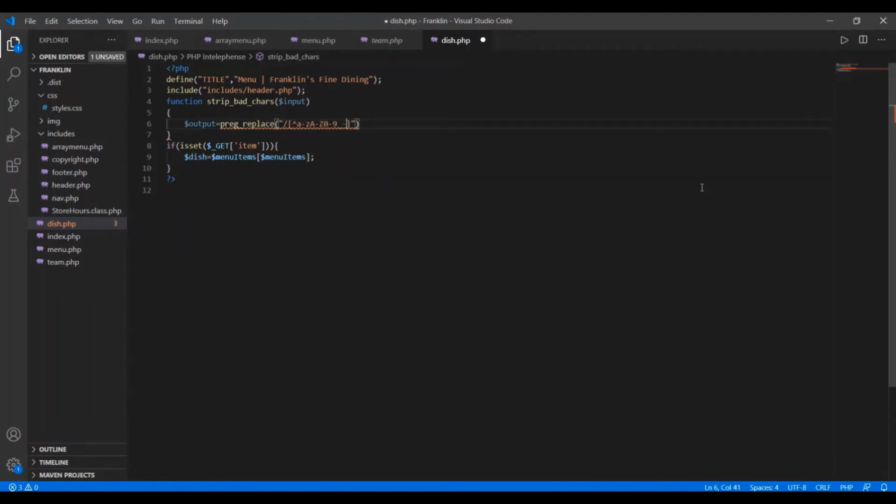This match we need to find out, and here we have to put the slash.